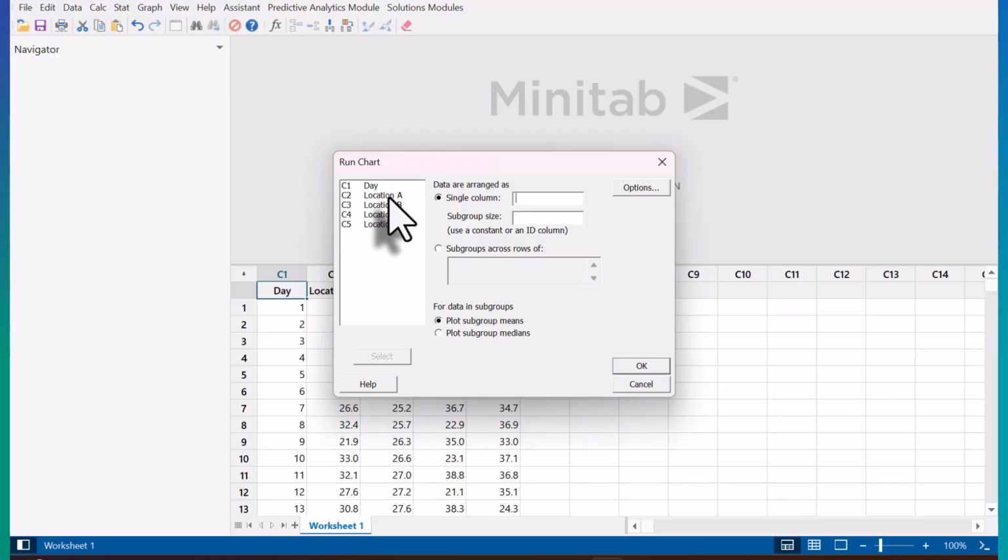So let's start by selecting location A. The subgroup size would be day, because this represents day. Now there's an option here for data in subgroups. Do you want to do the mean or the median? So for data in subgroups, you can select either, because in our case the subgroup size is 1, so it wouldn't matter. But as best practice, always choose medians. So click OK